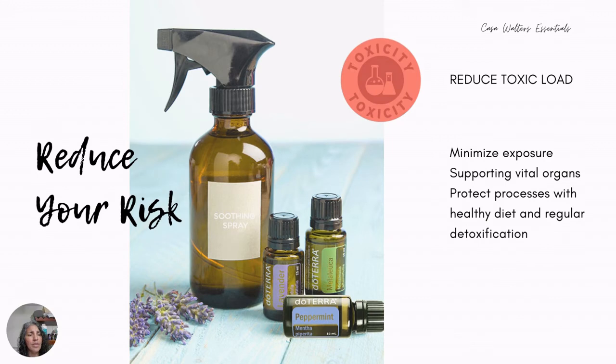Another way to reduce your risk is to limit your toxic load, your exposure to toxins. Our toxic load is just that accumulation of toxins in our body. It's going to happen regardless of what we're doing. We're going to be exposed to them. There are some ways that we can have control of what we encounter, our environments and what we put on our body. But it's important to reduce our internal toxic load because we want to protect those processes that are responsible for eliminating these toxins out of our body. So don't tax them,